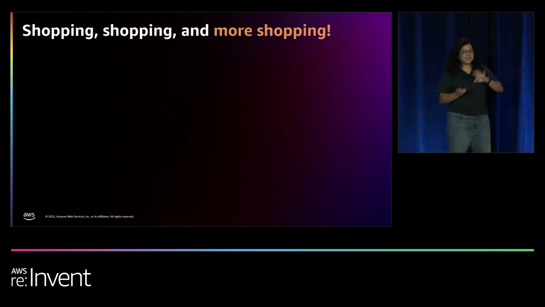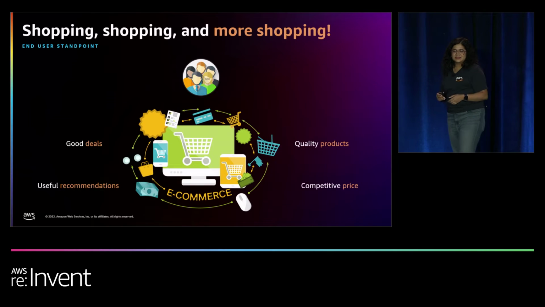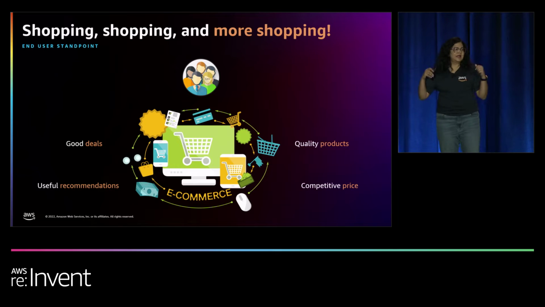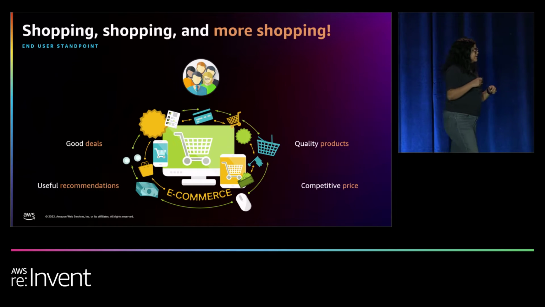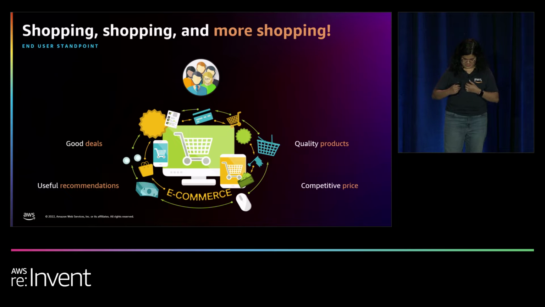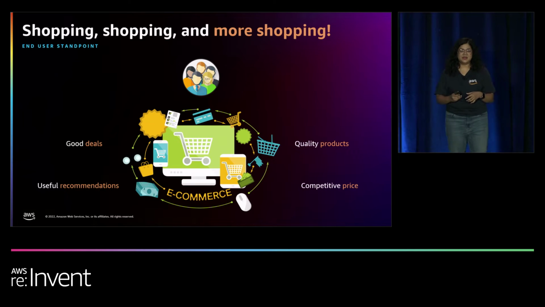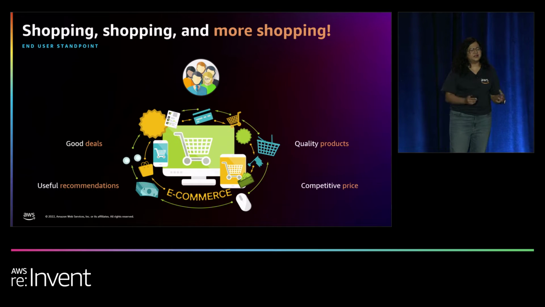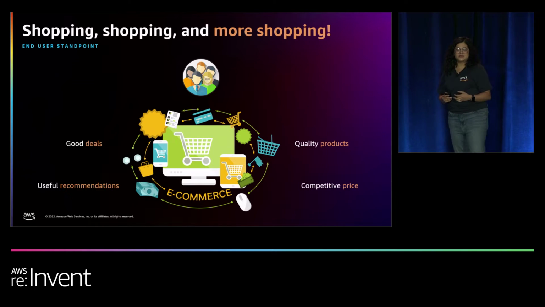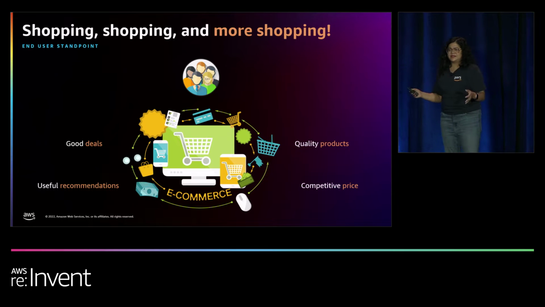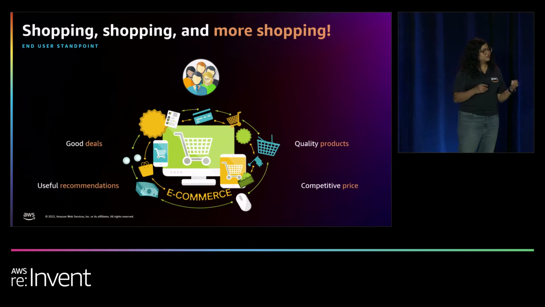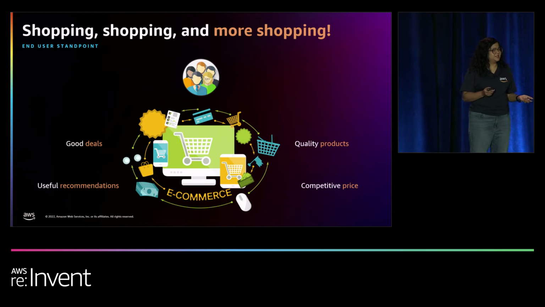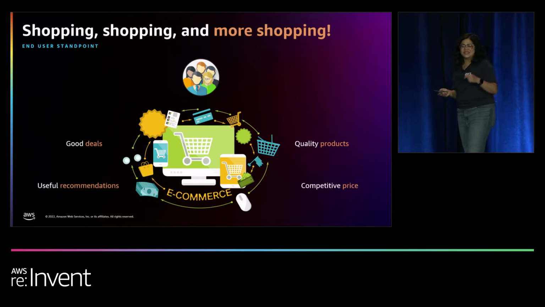But then there's another side, right? There is this buyer side where you want the best product, the best price. You want useful recommendations as well. But you want the best product at the best price. You want good, useful recommendations from the e-commerce platform. And for the category you've been looking at, you want those useful recommendations because you want to make your best purchase. Like, no one's saying that I just want to buy for the sake of it, right?